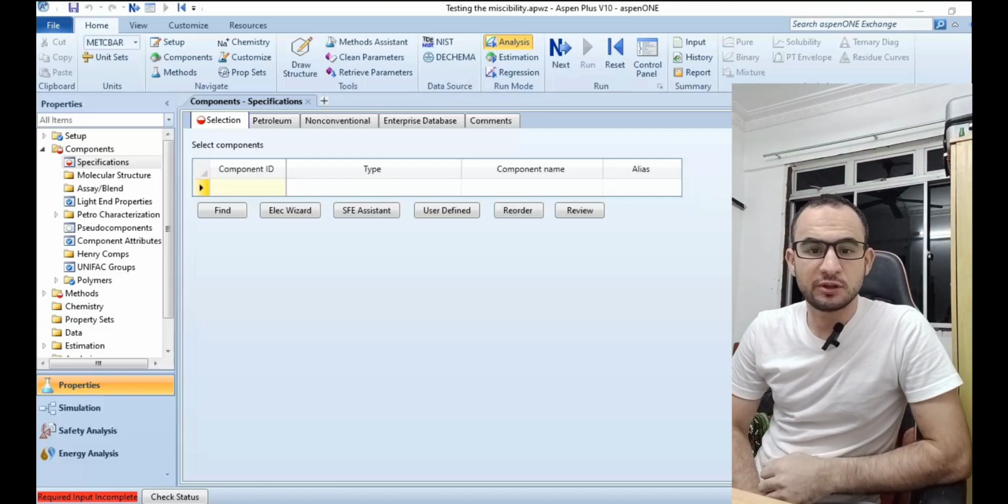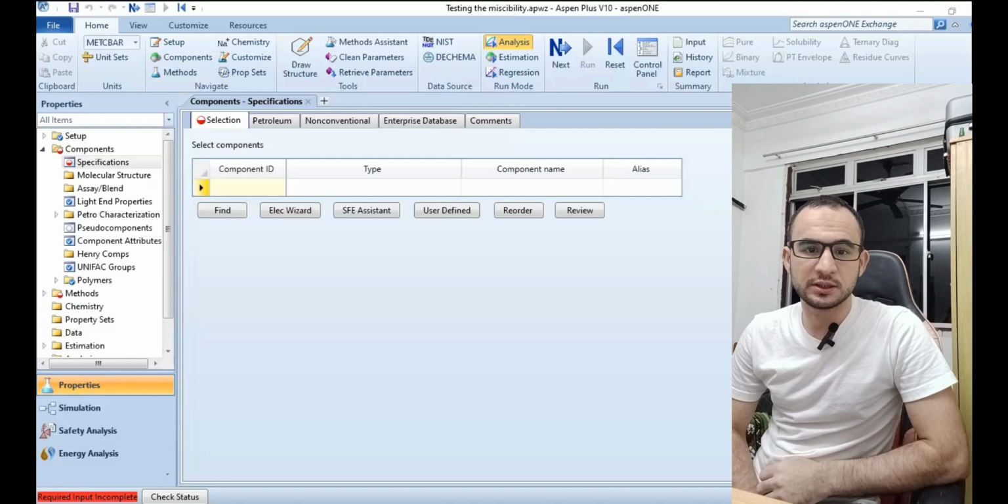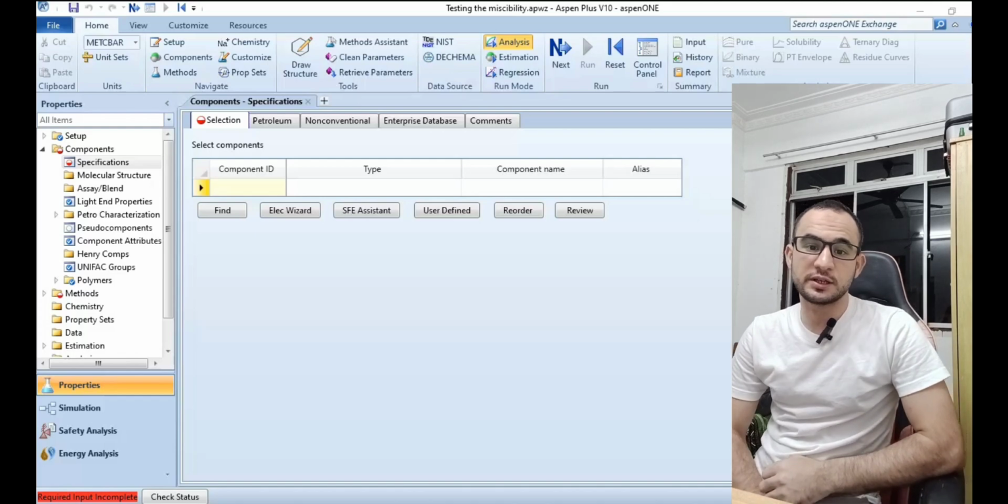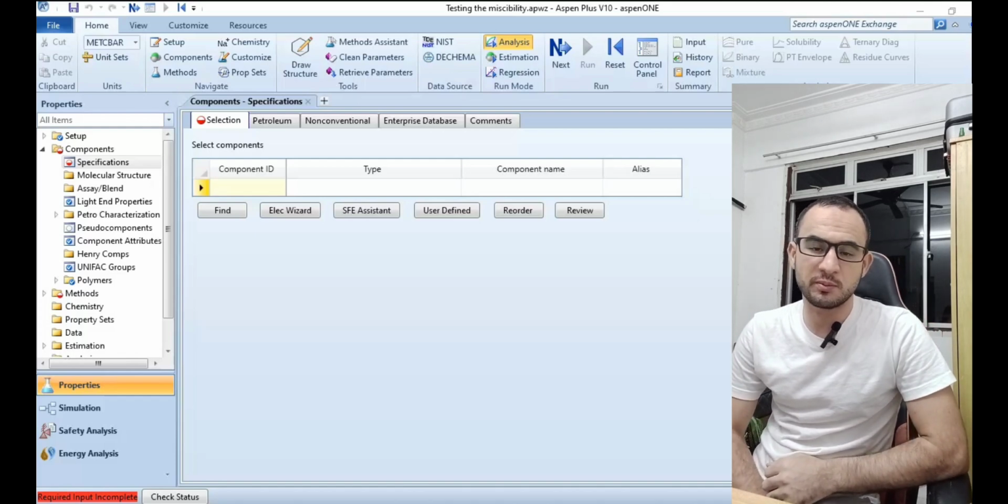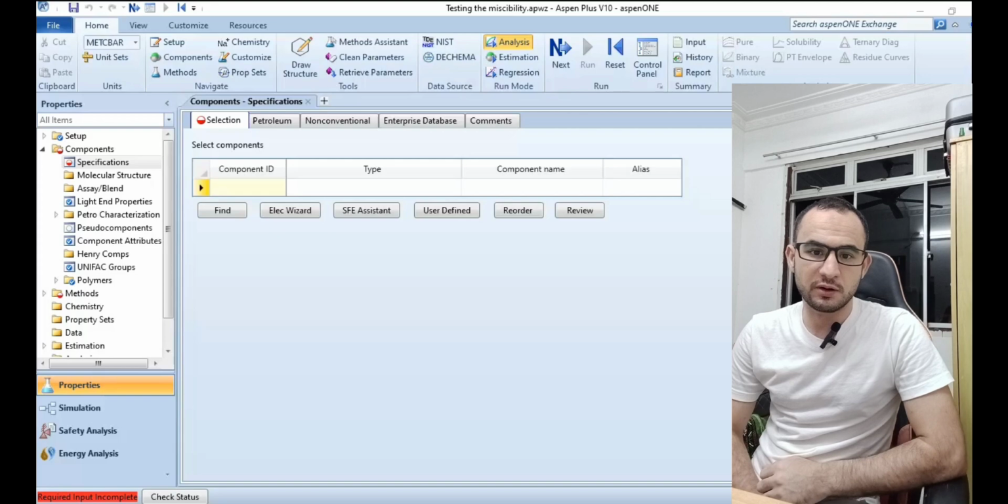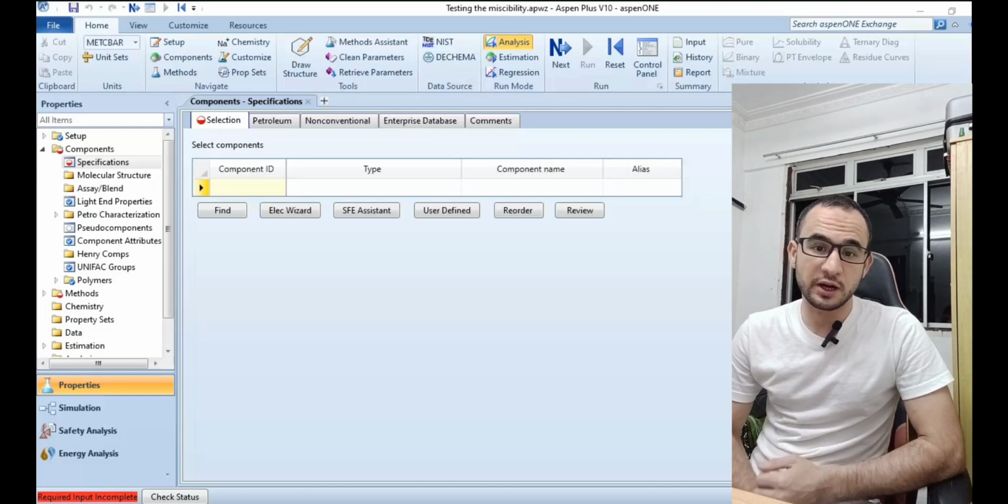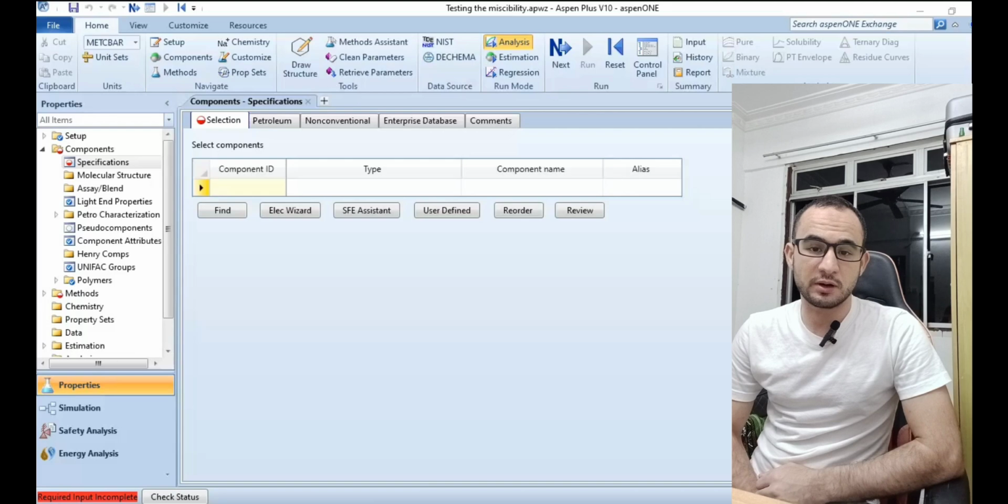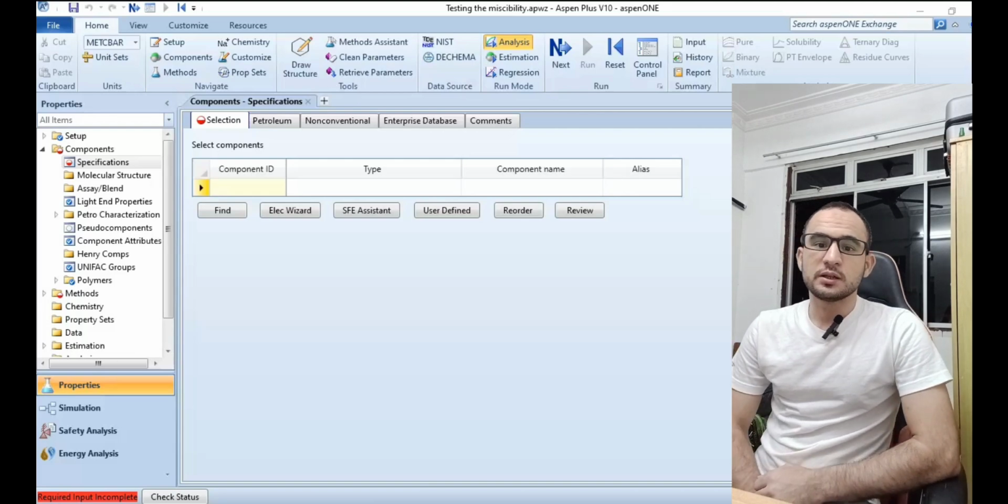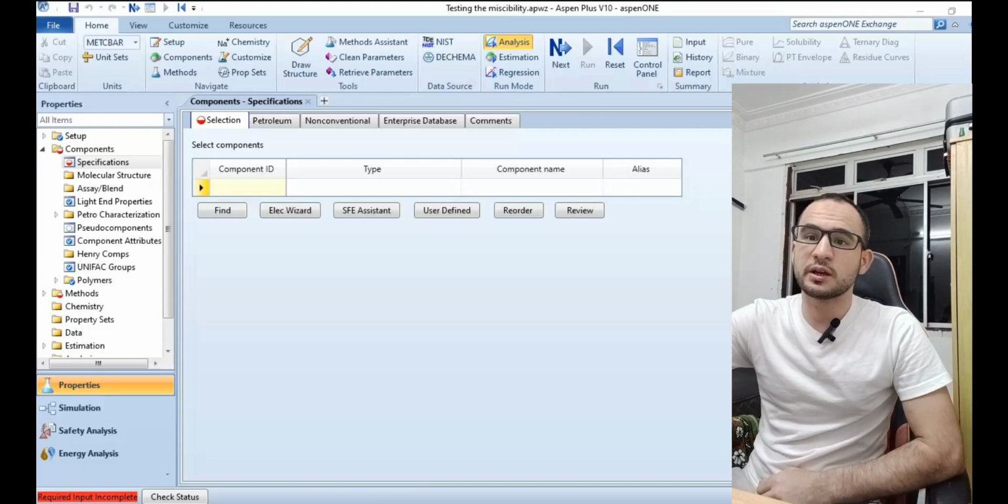Hello everybody, today we're gonna see how to use Aspen Plus in order to evaluate or test the miscibility between two chemical compounds, or maybe three or four chemical compounds. I'm gonna select polar and non-polar chemical compounds and see how this kind of simulation software predicts, or how accurate it is. So let's start by opening